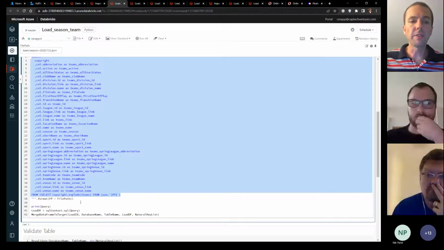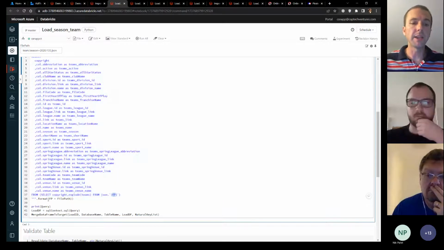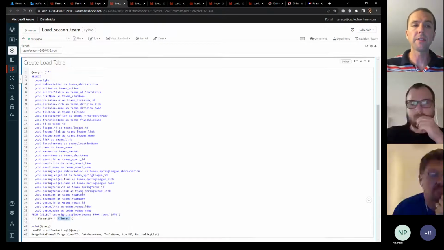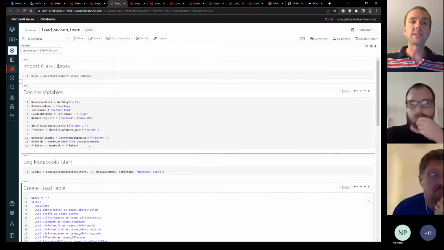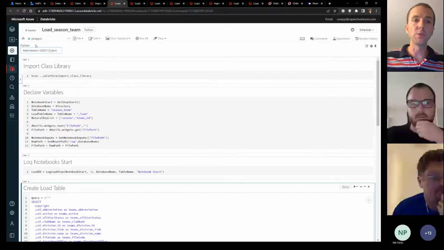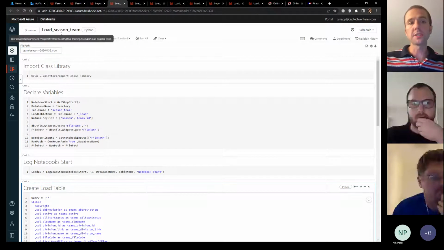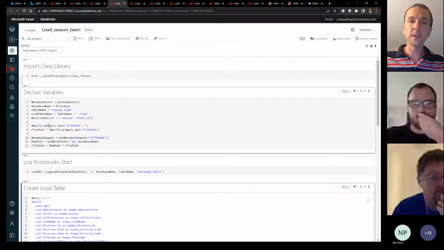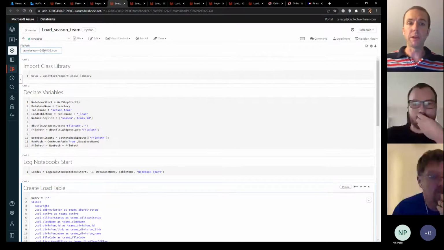The syntax in Python allows you to make the file path dynamic by saying .format on a query and saying I have this variable FP. I'm going to replace the contents of the curly braces FP in my query with this literal value file path. That file path can be something that I pass into this load notebook. One of the cool things Databricks makes available to you is the dbutils widgets, which allows you to basically have parameters.